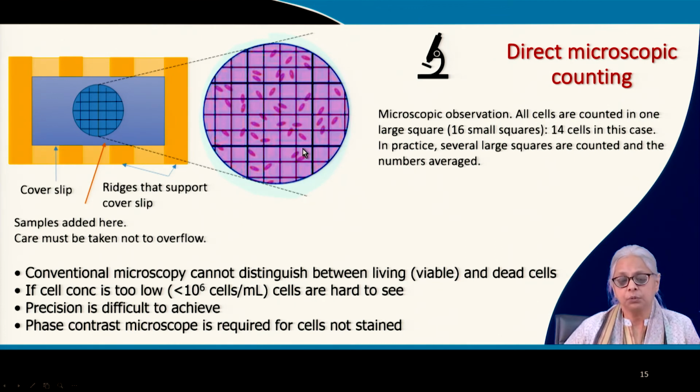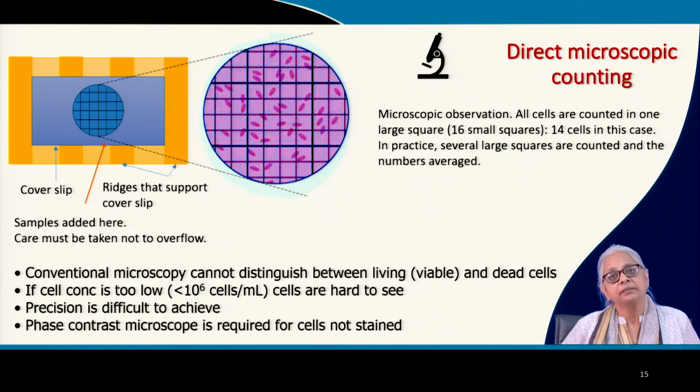So ideally you would count these 16 squares within the central larger square. So we have 16 small squares and you count each one of them, and in this case you have 14 cells. Now in practice we generally count this 3, 4 or even 10 times to get a good number of fields of vision, and then you take an average of those 10 fields of vision to get a good average and a standard deviation,